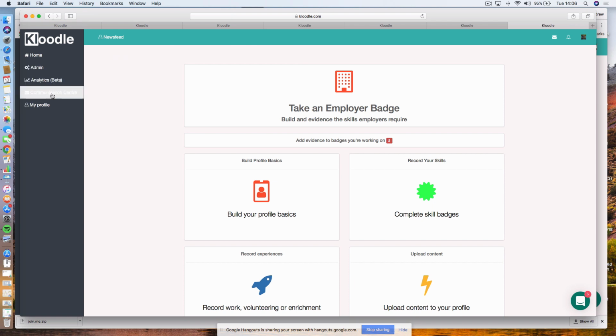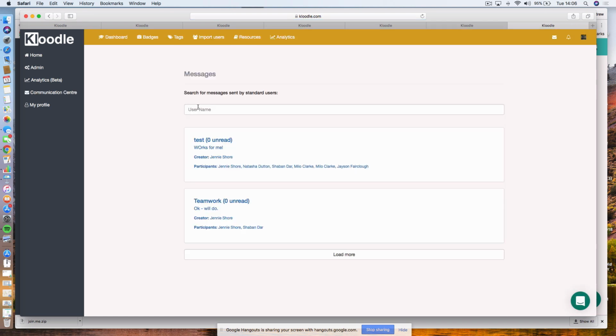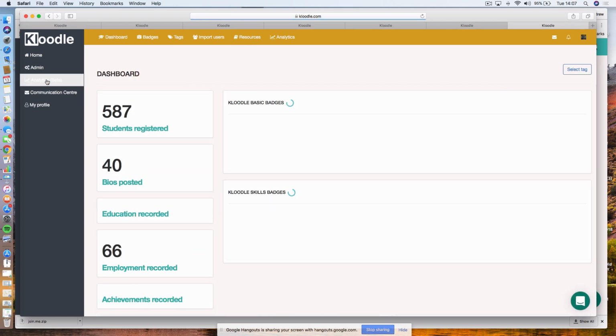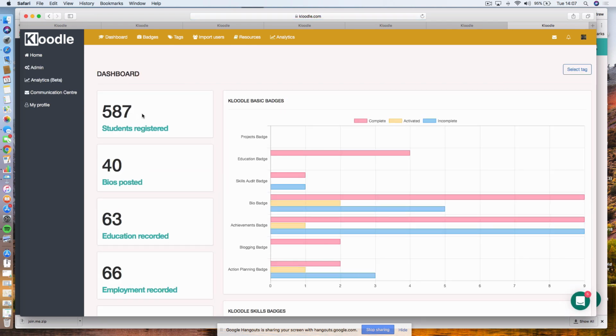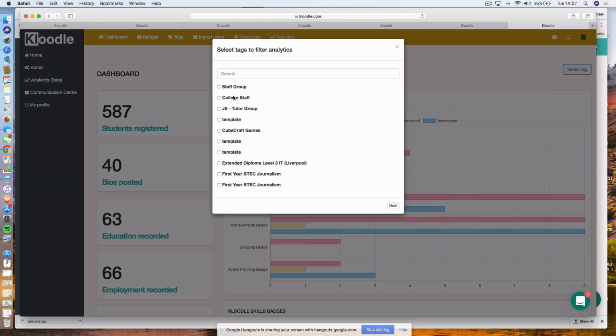So if you want to get messages to groups of students or individual students, you can do it that way. Search for students or groups or tags. There's an analytics section, so you can see how many students are registered to the whole college. You can drill down into different classes and different groups if you wanted to, and then get the analytics for